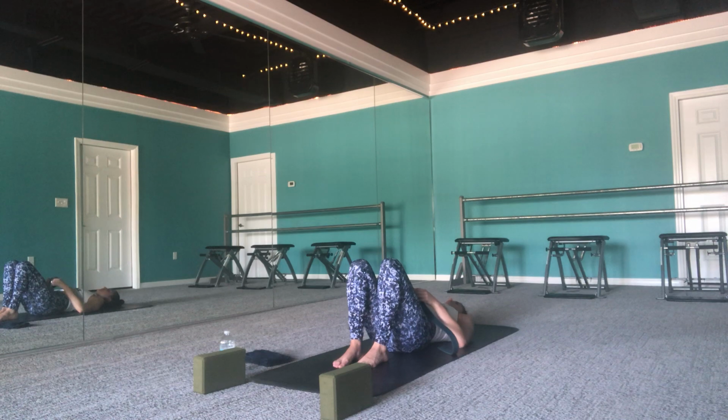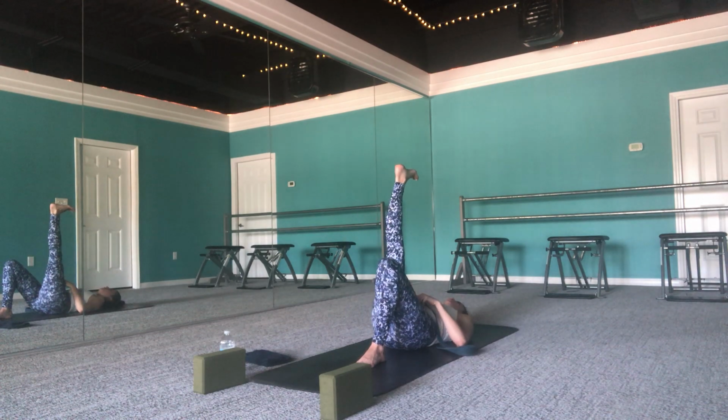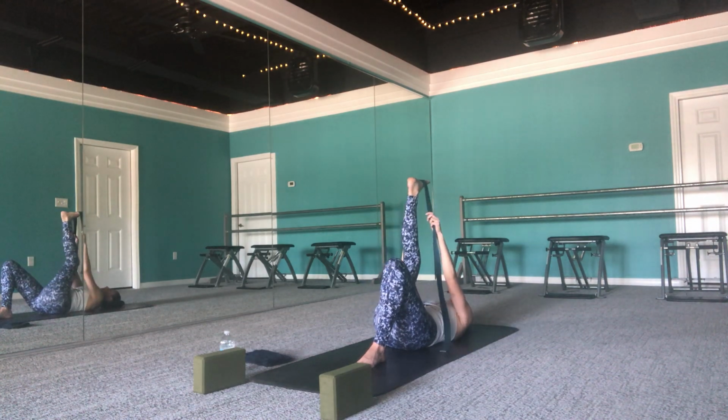You are welcome to keep a knee bent at all times. You're welcome to strengthen and lengthen. I will show you both options. First one is bring your right foot up, flex your toes towards your face, stand at the bottom of your foot on the ceiling. Bend that knee just a little bit so you can go ahead and get that strap